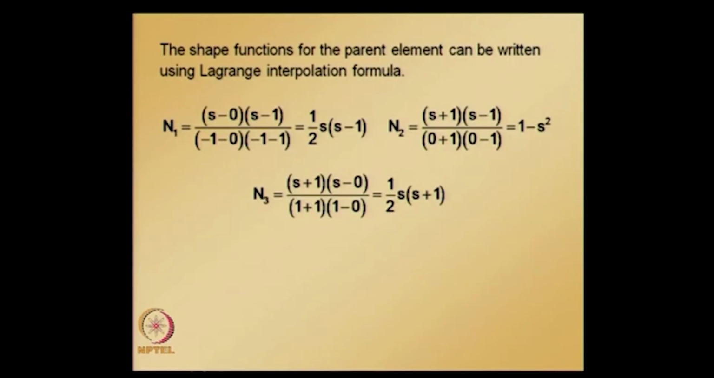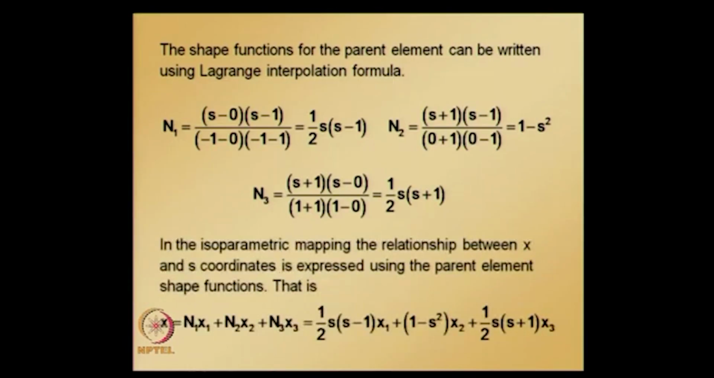So, in isoparametric mapping, the relation between x and s coordinates is expressed using parent element shape functions. By this relation x is equal to, here there are 3 nodes, so i takes values 1, 2, 3. So x is equal to sum of Ni xi, or N1 x1 plus N2 x2 plus N3 x3. Substituting N1, N2, N3, the shape functions of the parent element, we get this expression where x1, x2, x3 are the locations of the nodes in the actual element,